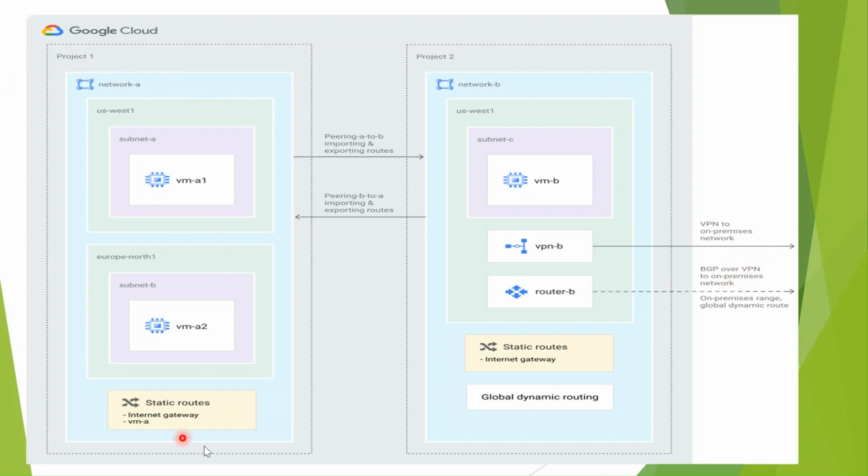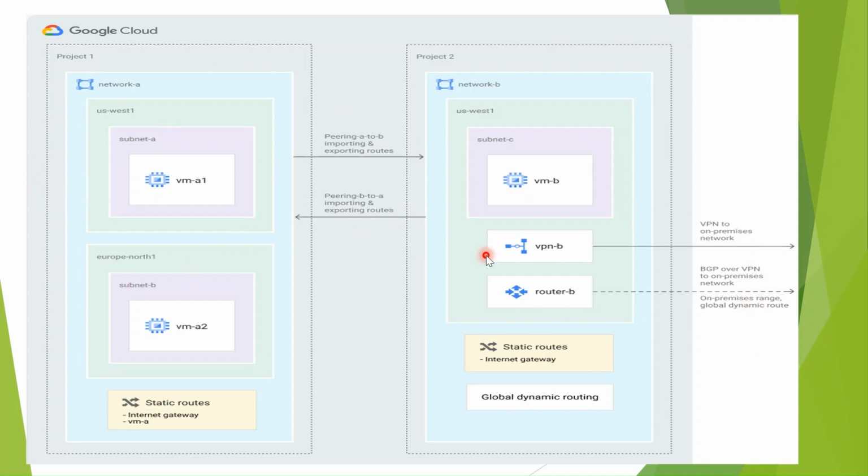Now suppose you have one more network and it also wants to reach your on-prem or a different connection over a VPN. There are two options: we create a new VPN here and do all the things, but it will create so much cost because we cannot create a new VPN every time we want to reach on-prem in each VPC. So better we do VPC peering between network A and network B. Then network A is able to reach the on-prem and on-prem is able to reach network A.